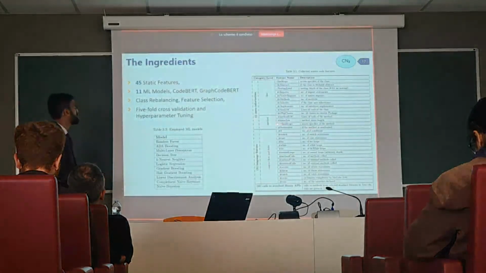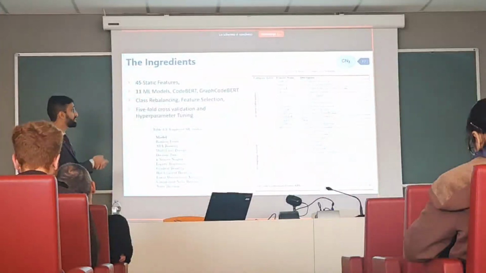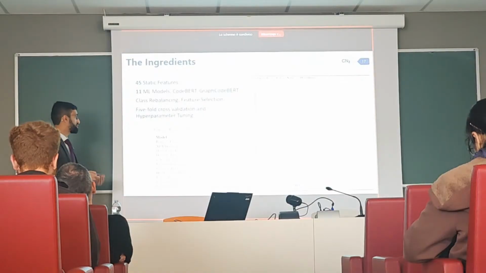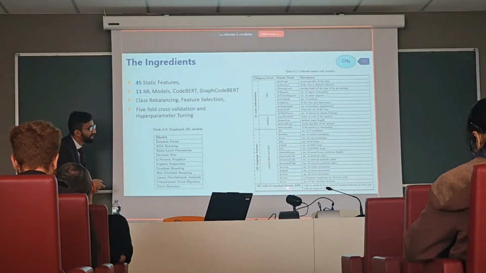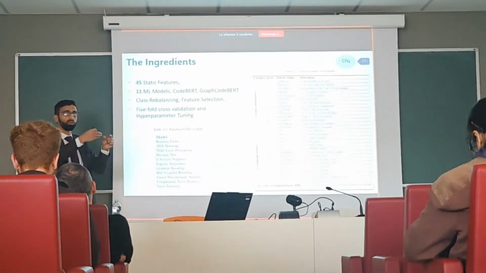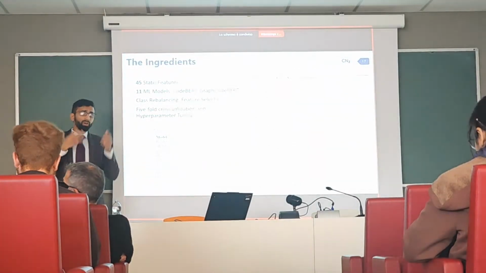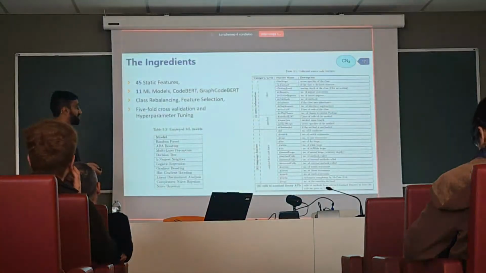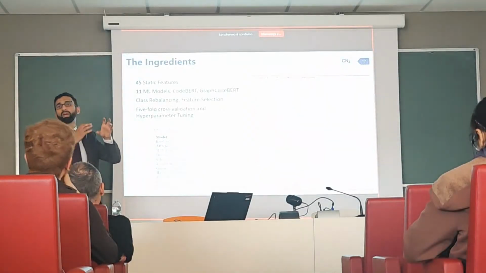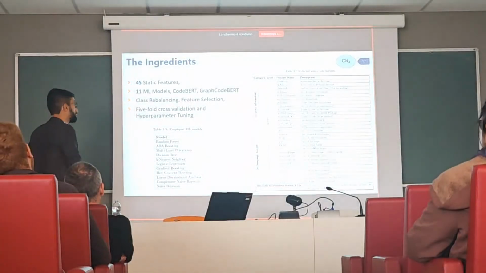Well, I'll just quickly show you here the features that we have collected. So in general, we have 45 static features. They are, for example, number of for loops, number of ifs, number of switches and so on. And they also have some other static features which are based on the usage of different libraries. So we check, for example, in a particular method, whether a certain number of libraries are used or not. The table is not shown here, but of course those libraries, we think, might be related to performance.